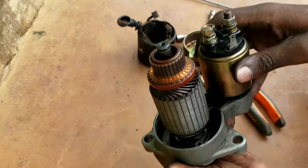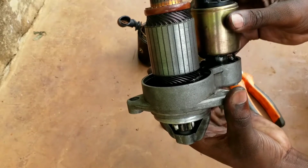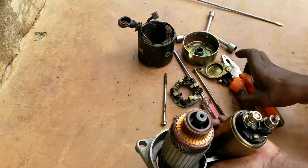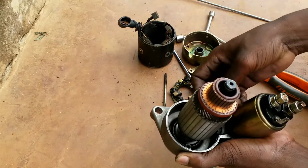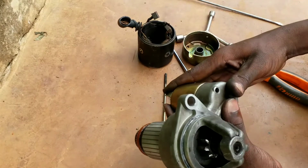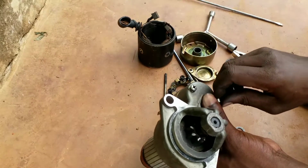Even on fixing, you can see as I'm pushing it down to lock it up, it is pulling the plunger. Okay, you see that? As I'm pushing it in, it is pulling the plunger, meaning that is off position, that is on position. So I have my rubber plate here which I should fix too. Just there, and then arrange my nuts just like so, and then bring them in. Always the best option is to first tighten by hand before